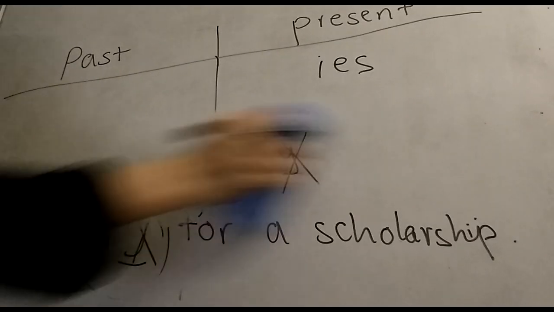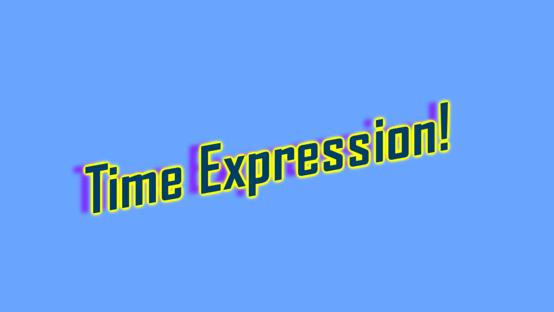Point that I want to add before concluding this part, which is the time expression, guys. The time expression is so important to identify the time of the sentence, like when the situation has been. It shows when the situation has been done. Like for example, when we say he